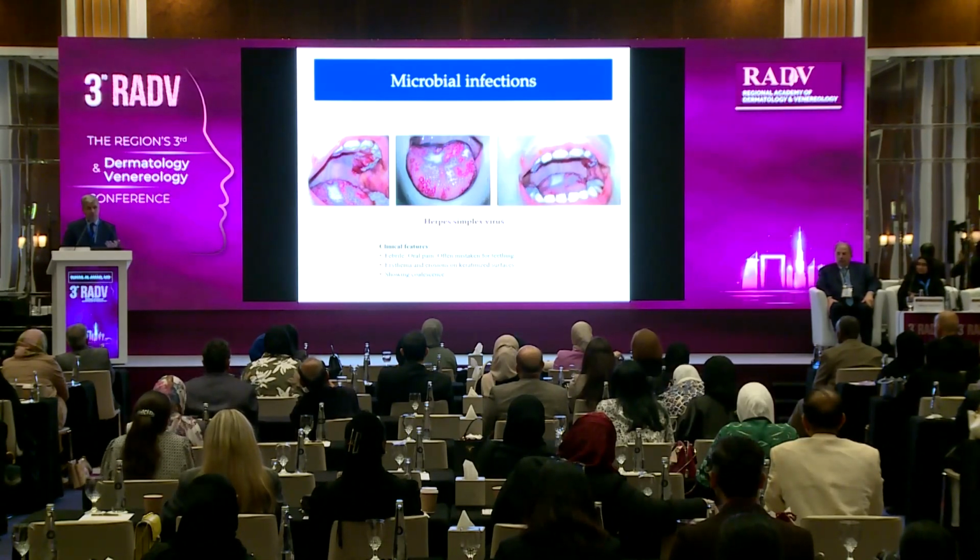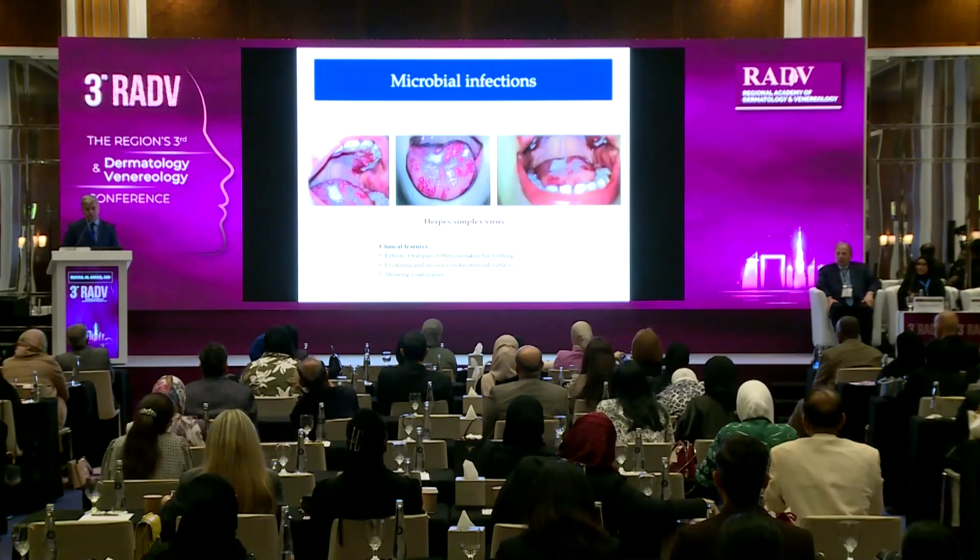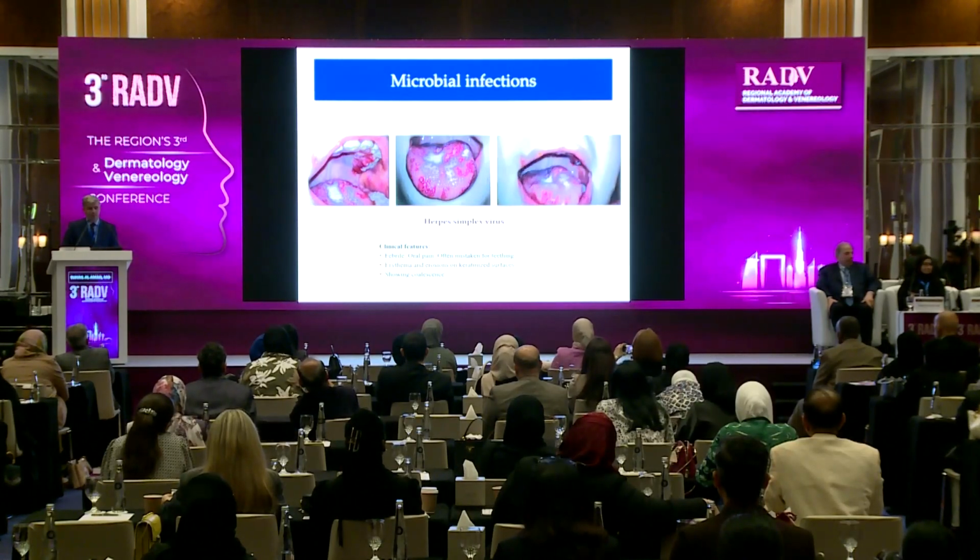Another important and common microbial infection is the herpes simplex virus. In this case, this is the primary herpetic gingival stomatitis, also commonly mistaken for some throat infection or some candidal infection, but it is not, because it's characterized by superficial erosions, specifically on the keratinized part of the oral mucosa, not the non-keratinized part. So we don't see it on the cheek mucosa, we see it on the dorsal tongue and the gingiva, hence the term gingivostomatitis.